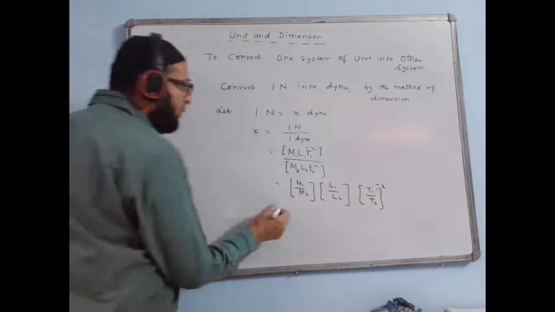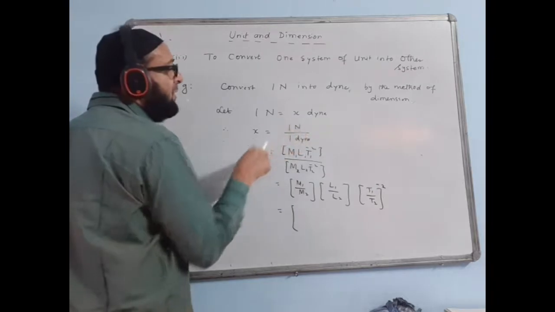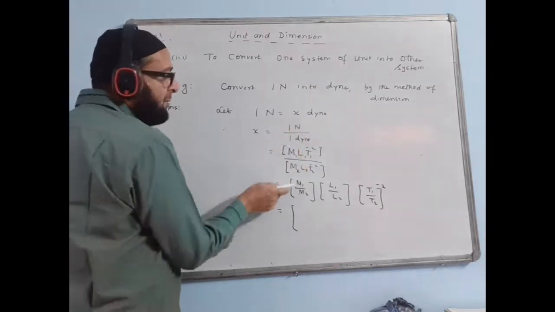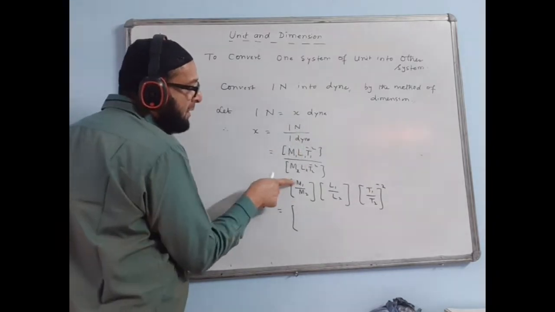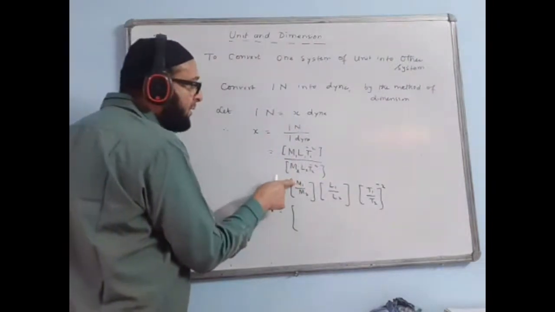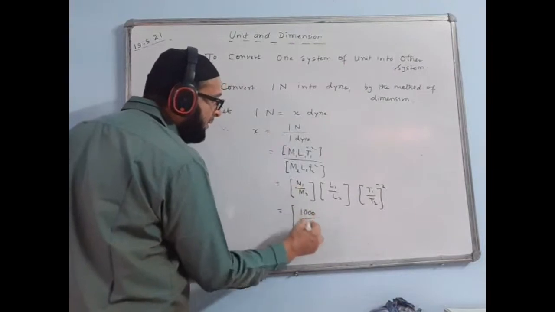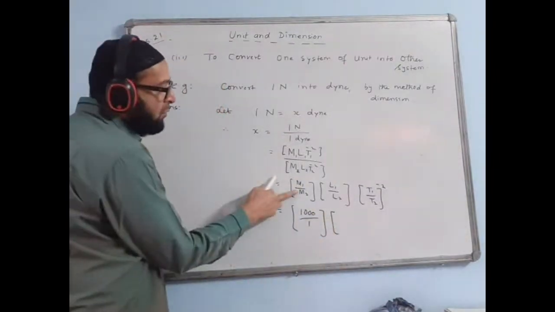Now we'll just check. Newton is which kind of unit? SI unit or MKS unit. And time is which kind of unit? CGS. That is, here mass will be kg and here mass will be gram. Which one is bigger, kg or gram? We change any one of them. We change the bigger one into the smaller one. 1 kg means 1000 gram, and this is 1 gram. The ratio will come 1000 by 1.